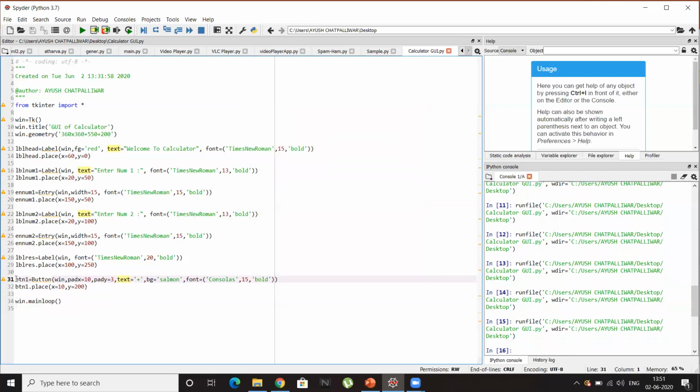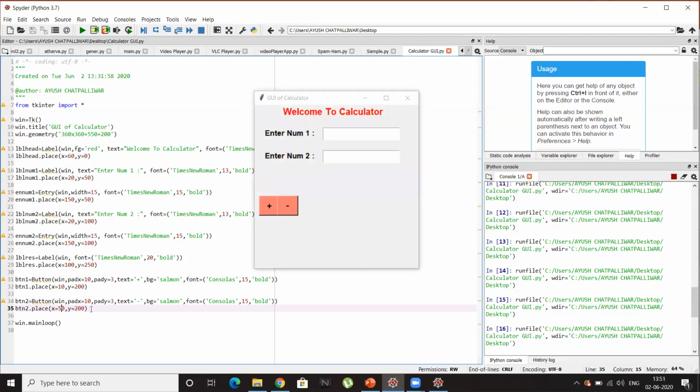Now we can just copy this code for the second button. I'll change its name from BTN1 to BTN2, and similarly downwards, BTN2, and the text will be changed from plus. Now I want a minus sign because I want a button for subtraction. So minus, okay. Here I'll just change the x. The y will be 200 for every button. So let's try 50 and check.